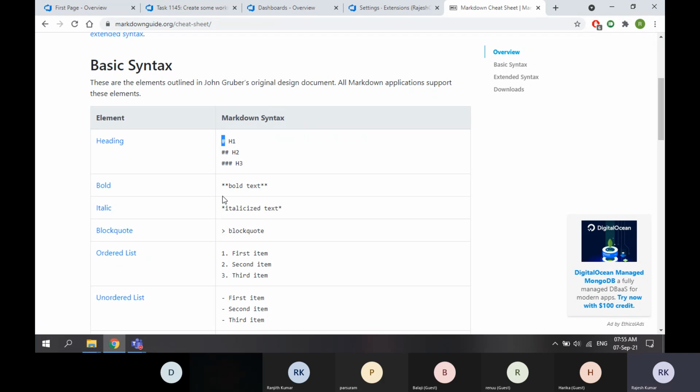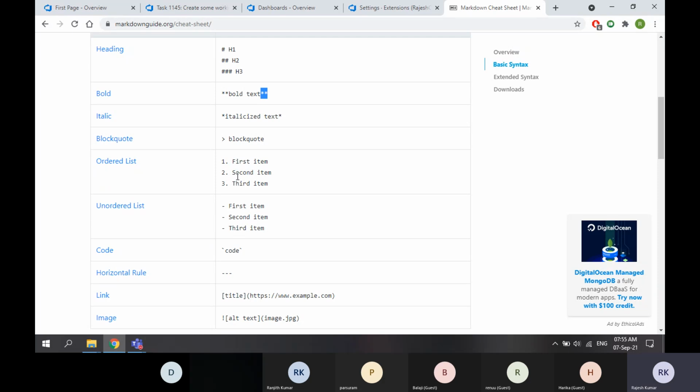So if you want to make bold text, we have already seen, you need to add double star. When you want to make it italic, single star. For points, you can do 1, 2, 3, or you can do hyphen. So here also you can display.